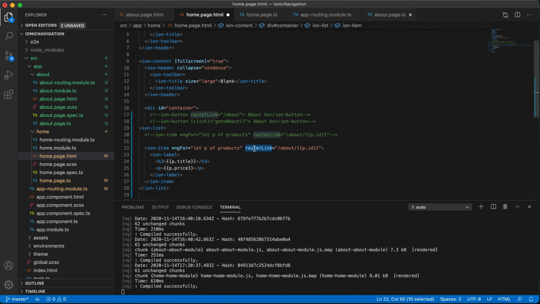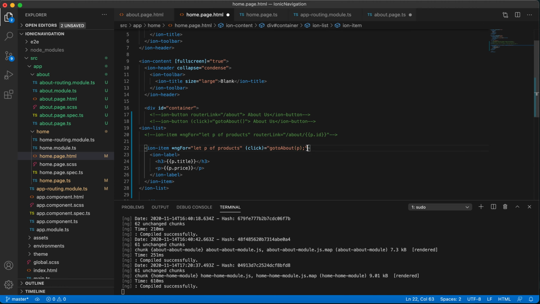So here, when I click on a button, it should go to the next page. So go to about. And here we are going to write a function and mention p here. Let p of the products is p.